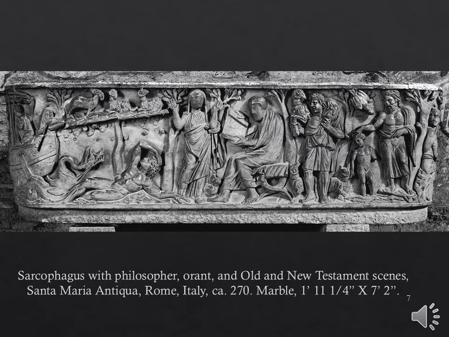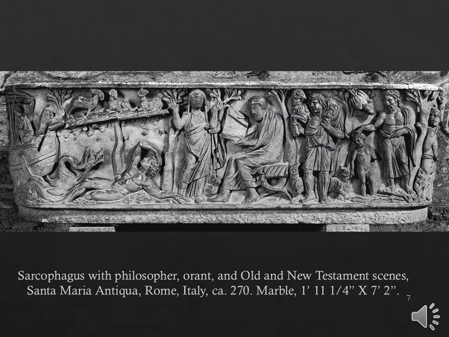So on the left-hand side of the sarcophagus, you see a man laying down on the ground while this really awesome-looking sea serpent comes up out of the water. That's Jonah, and the sea serpent is actually supposed to be a whale. It's a wonderful interpretation of that idea. So we have the prefiguration of Christ's resurrection there.